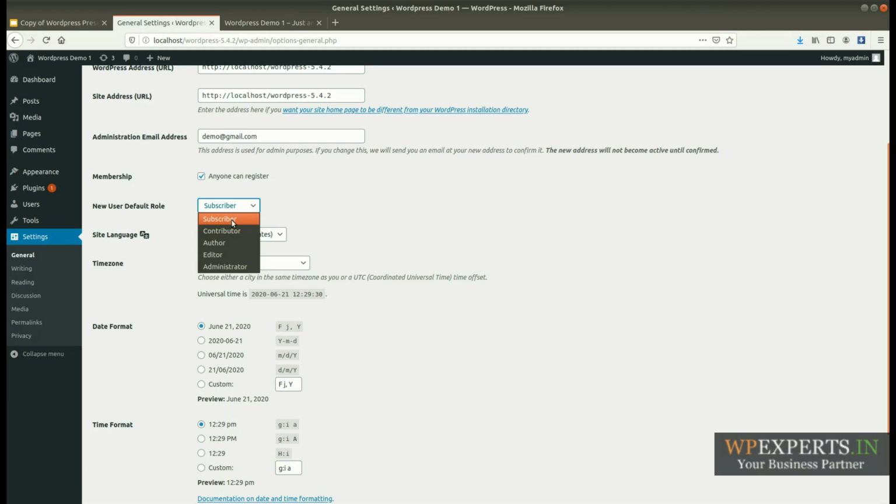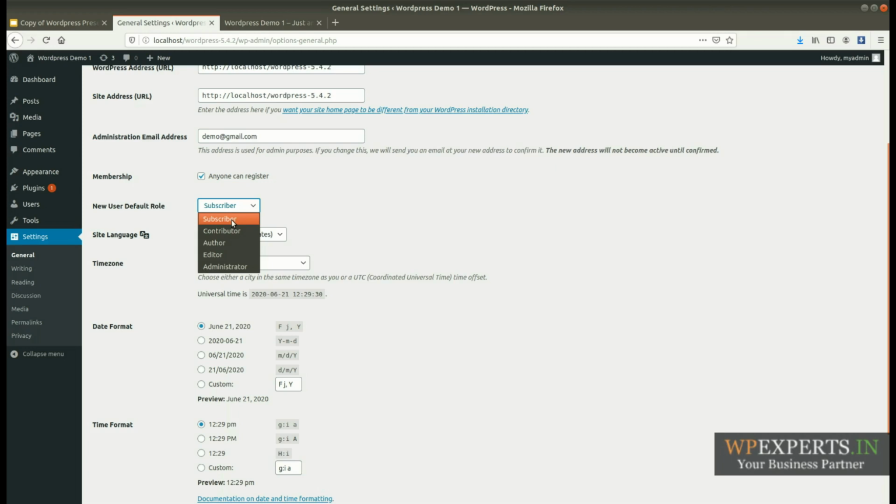And editor can edit any post or page from your website, and he can delete or edit the posts of any pages of any author, contributor or subscriber role here.